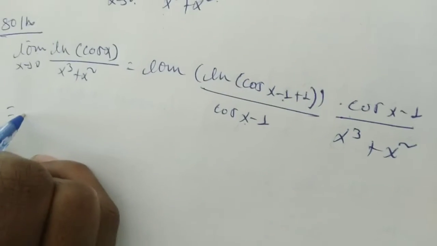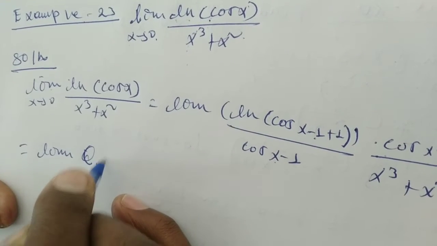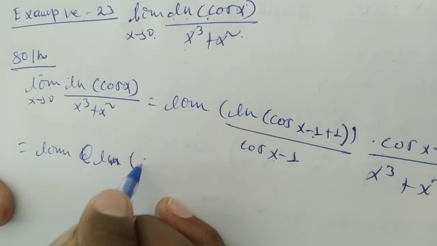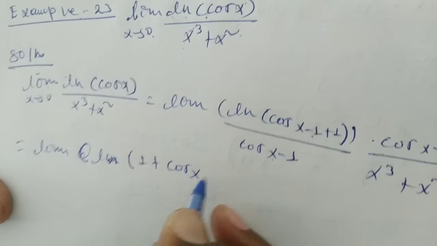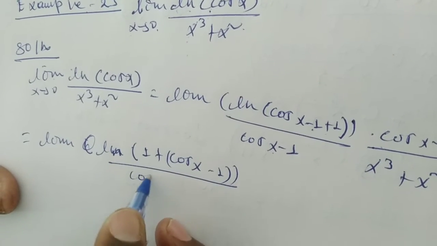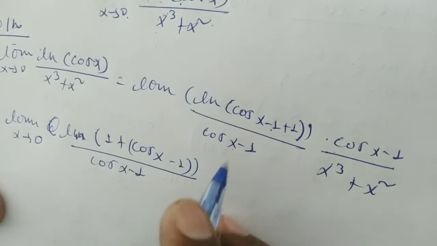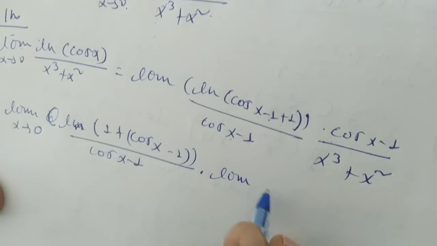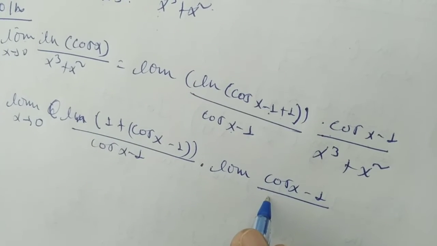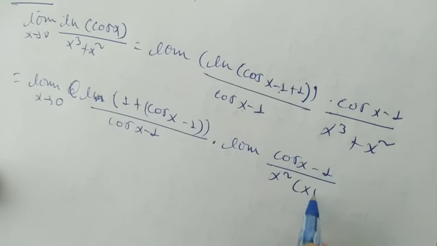which is equals to limit of ln of ይችኛውን 1 ወደዚህ ሳመጣት 1 plus cos of x minus 1 over cos of x minus 1 when x goes to 0 times limit of cos of x minus 1 over x square የጋራ ስናወጣ x square times x plus 1